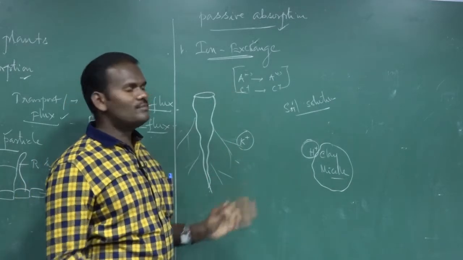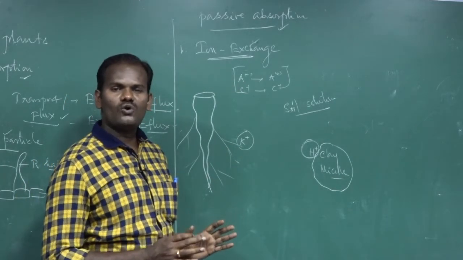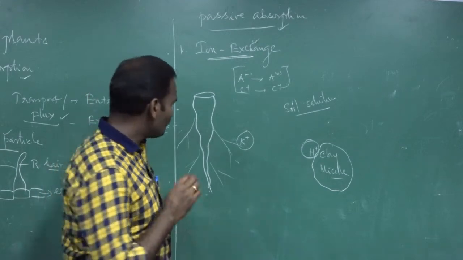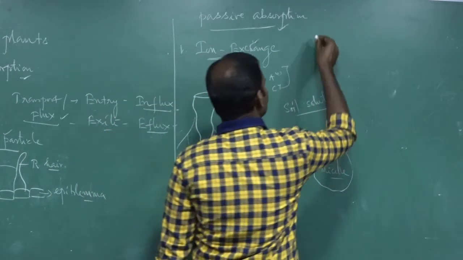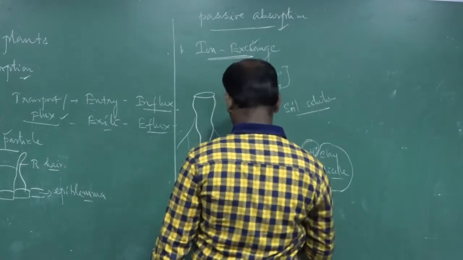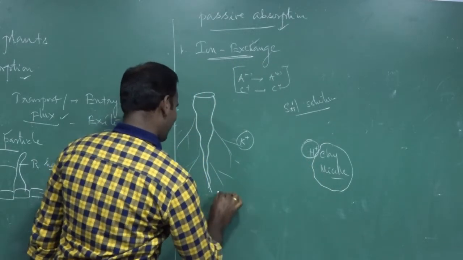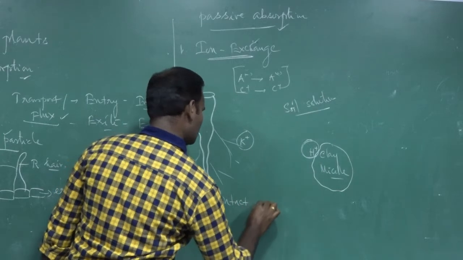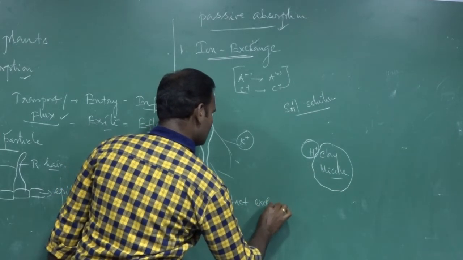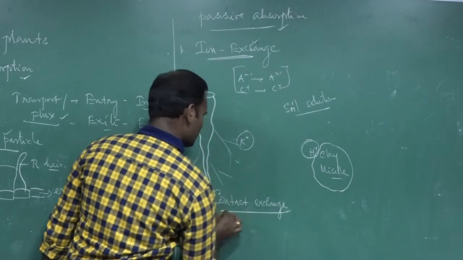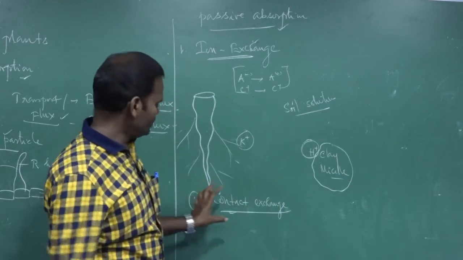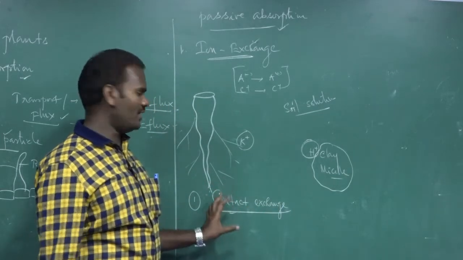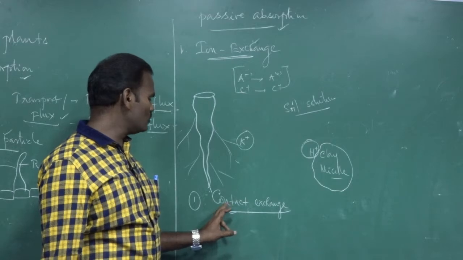So this concept has been explained through two theories. The first one is the contact exchange theory. How can we explain this theory, the contact exchange theory? According to this theory,